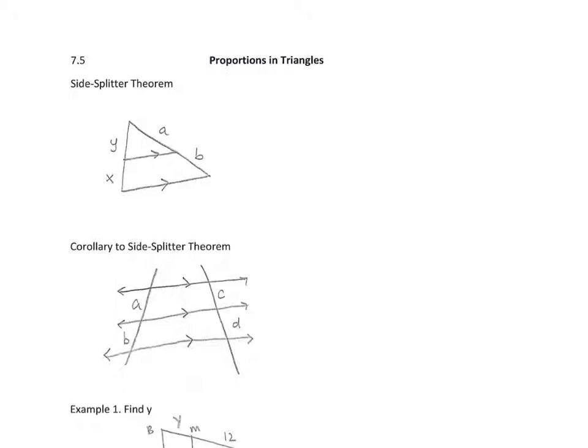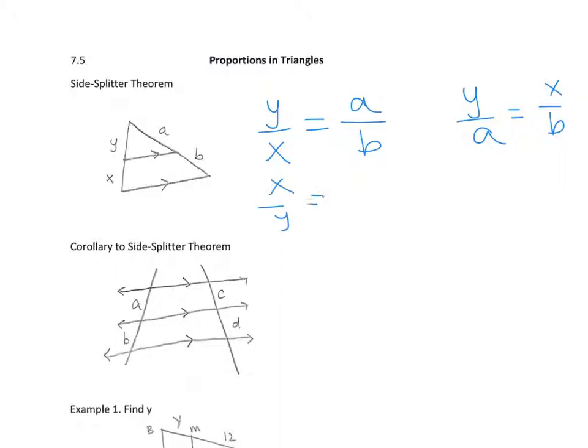Okay, the side splitter theorem states that if you have two parallel lines, just like we have here, and they're being intersected by two transversals, then the sides that are resulting are proportional. So I can write that y is to x as a is to b. You could also write y is to a as x is to b. And then the other proportions are flipping these over. So x is to y as b is to a, or, should have a comma, a is to y as